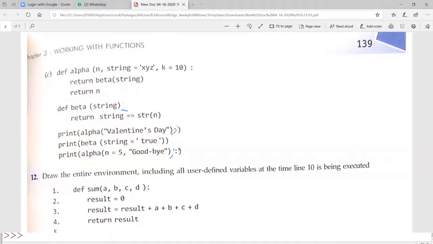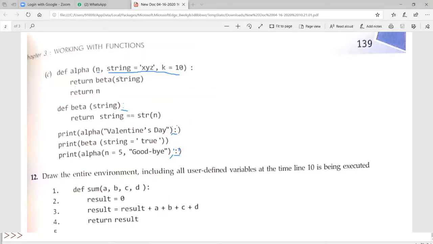But there are bigger mistakes in this. These are all the basics. Now the conceptual mistakes you need to identify. Okay, let me explain this. So here the execution starts from here. The function name is alpha and it has 3 parameters. Out of these 3, one is the positional parameter and the other 2 are default parameters. So your questions will be like this definitely. I'll give you a function with some arguments and ask you to find out how many of them are positional and how many are default arguments.